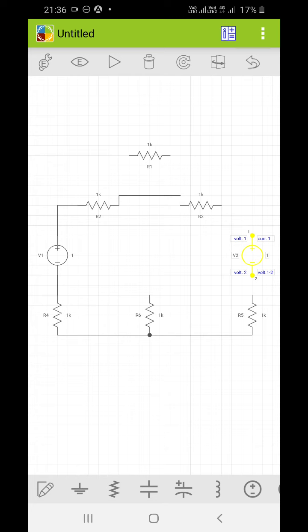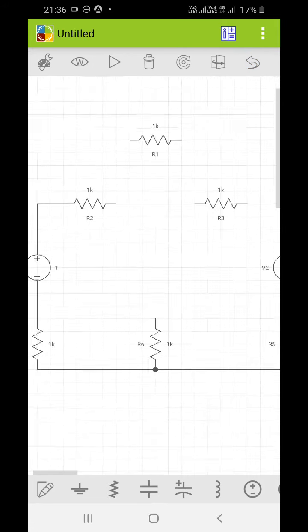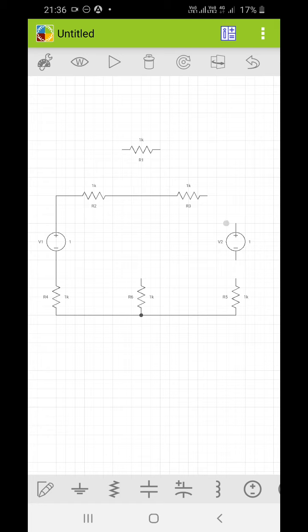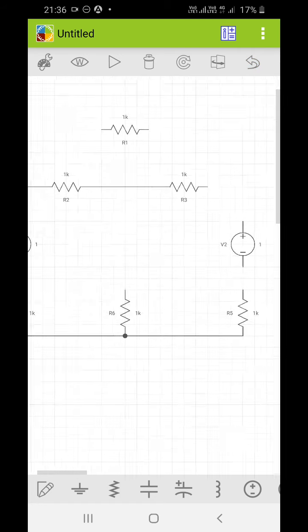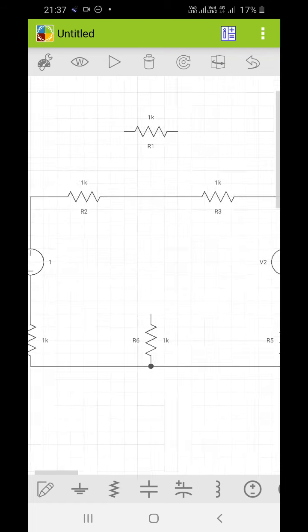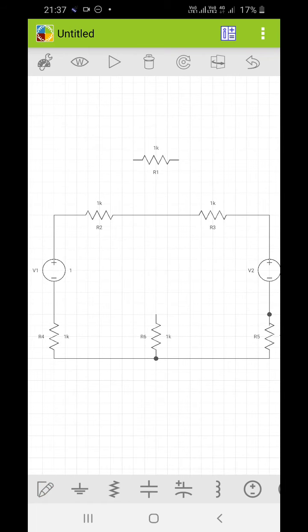If you want to undo, then you can click on it. If you want to do it precisely, then you can just zoom in and then take the wires. Okay, now I have connected almost all the components.